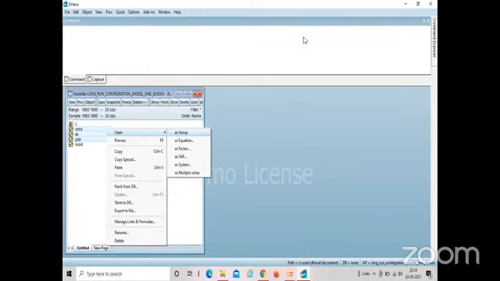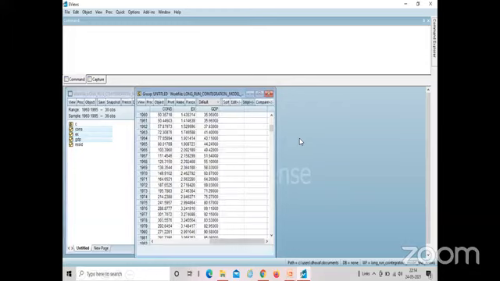Done? Are you with me, all of you? Open the file. Now select consumption, exports, and GDP by using the control button. Open as group, and you will get this. Got it? Check. You got it?